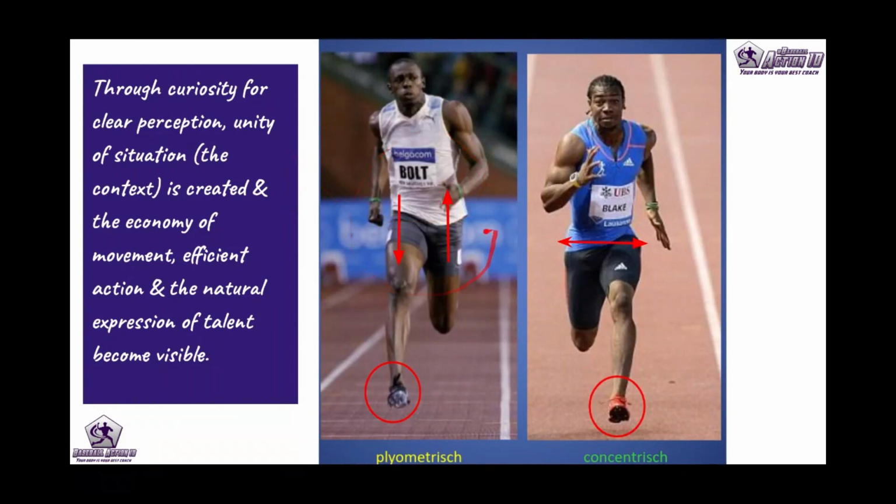You see Usain Bolt right here, who is a walker from the top guy. Walkers from the top, or the top athletes, are plyometric people, where you can see that the hips are working up and down whenever they move. In comparison with Jason Blake, who is a concentric person, a walker from the bottom guy, his hips are working sideways,